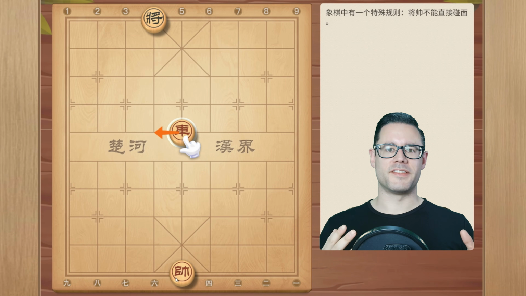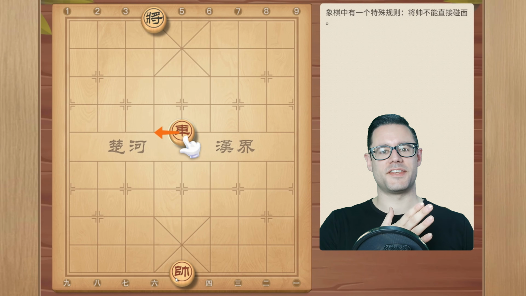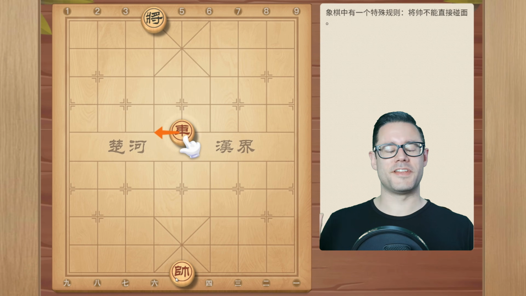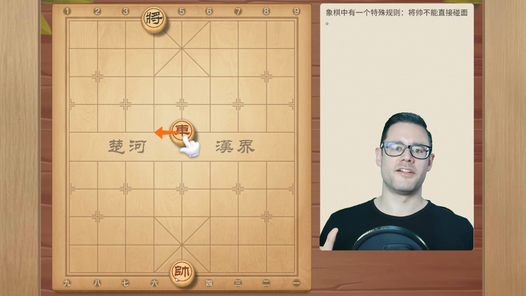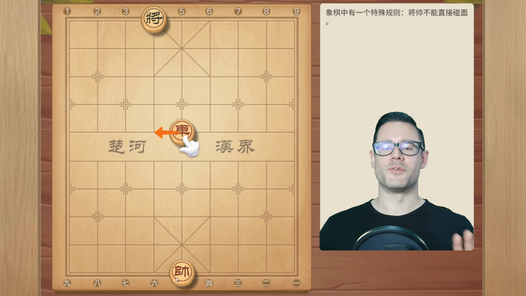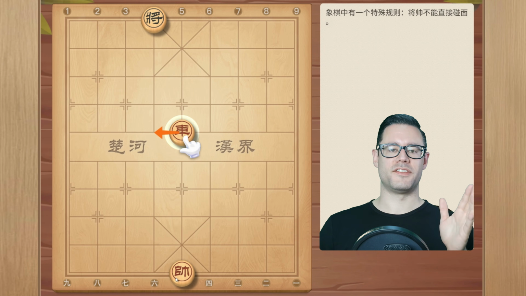But more importantly, this rule has to do with ancient Chinese military philosophy, which was if there was ever a case that you had an unobstructed line of sight to the other side's general, that's a complete and utter tactical failure. You have not organized your troops very well if there's a clear line of sight that something could come through and attack you. So in Xiangqi, it is not allowed to have an open file between the two generals.